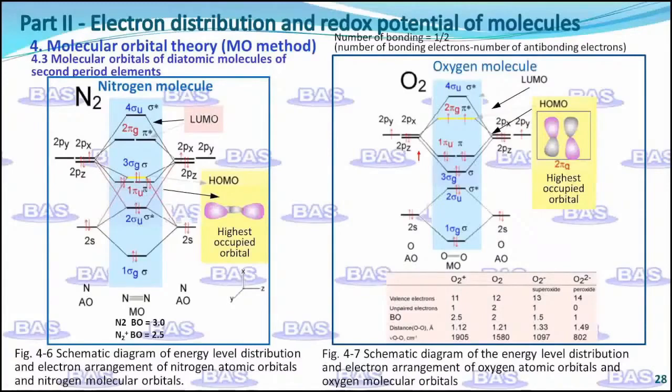The energy level of the sigma bonding molecular orbital formed by the 2pz atomic orbitals is lower than that of the pi bonding molecular orbitals formed by the 2px and 2py atomic orbitals. The arrangement of the 12 valence electrons in the molecular orbitals is shown in the figure. The highest occupied orbital in the oxygen molecule is the antibonding pi orbital, which has a higher energy than the